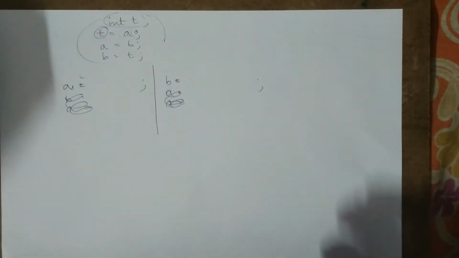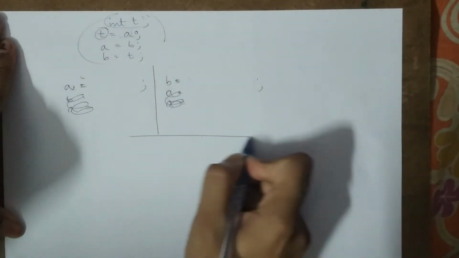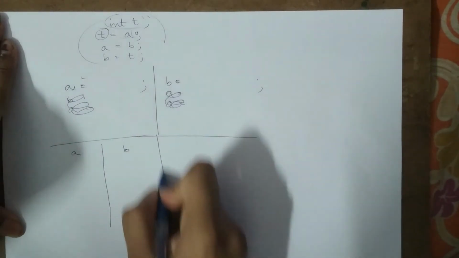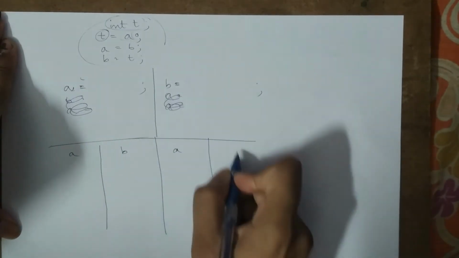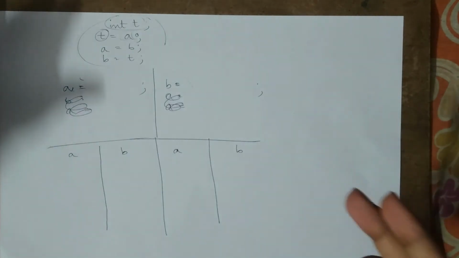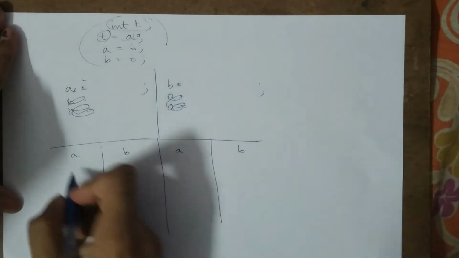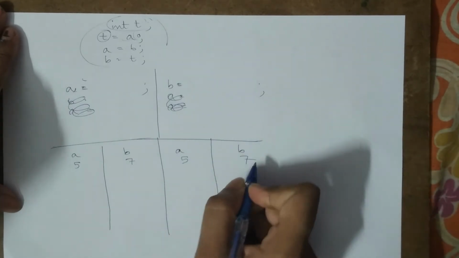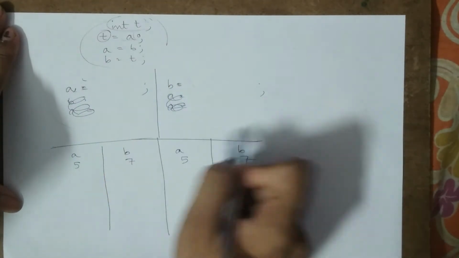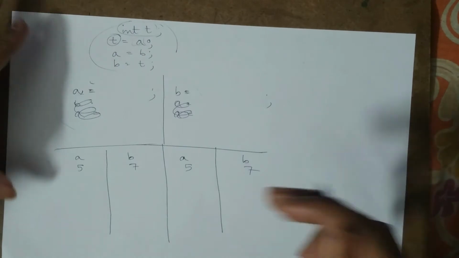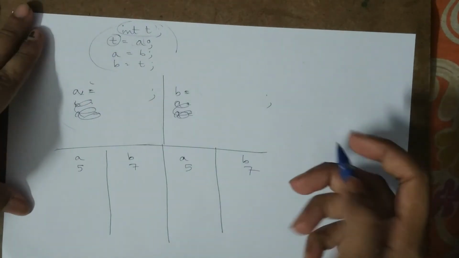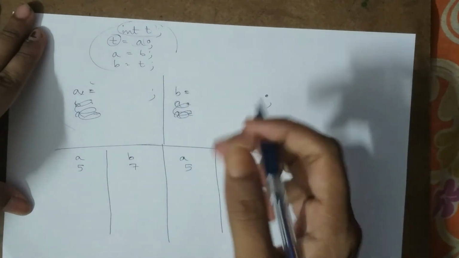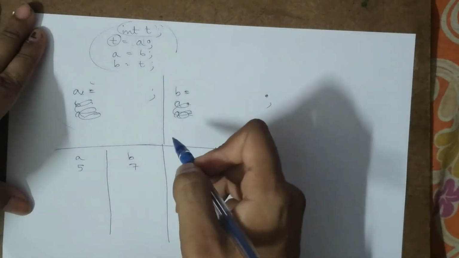So now what we are going to do is create two columns, one for a and one for b, and again on this side also one for a and one for b, so that we can be clear about what we are doing with our program. Okay, so let's say a has been given the value of 5 and b has been given the value of 7. This will be one code and this will be another code, and we are going to see which one is the correct code. And while writing the code, if we see that either of them is wrong while building up the thinking process, then we'll reject that process.